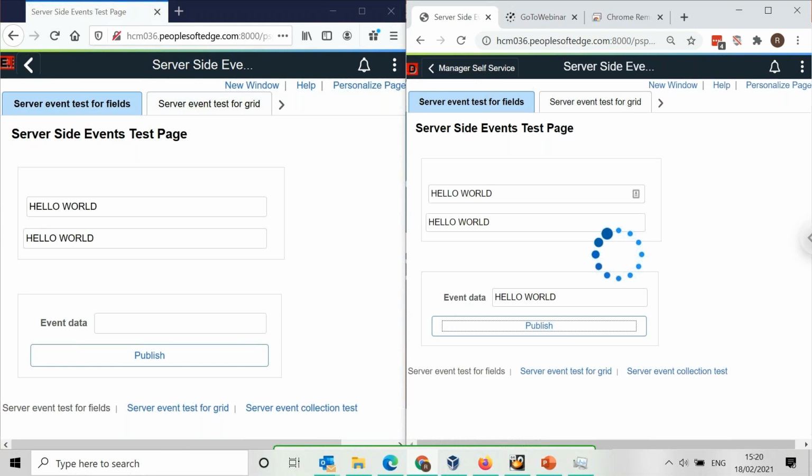So we publish it here, and you can see it pops over to this person here. So we're effectively sending the message out to whoever is in this particular component. And as you probably saw, there's some code behind this component that's effectively saying don't send a message to yourself. So they could reply back and say,